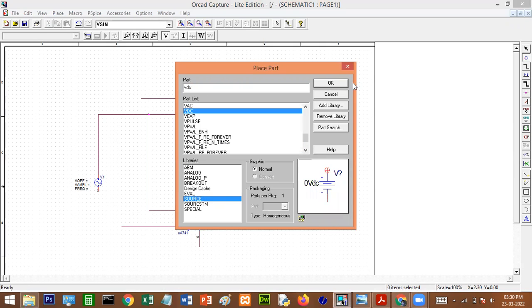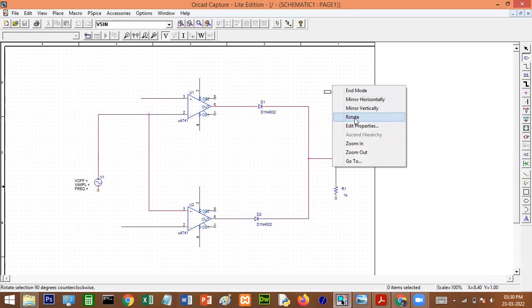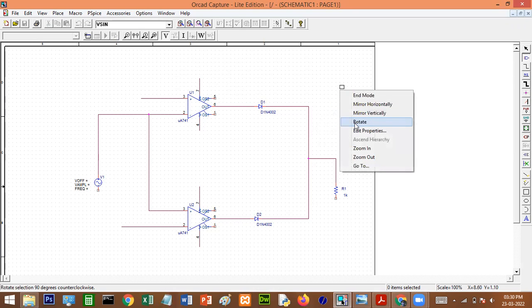I'll take VDC. Student, remember this is very important. You have to connect the positive end to pin number 7, negative end to pin number 4. This is very, very important. If you reverse it, if you connect the positive end to pin number 4, negative to